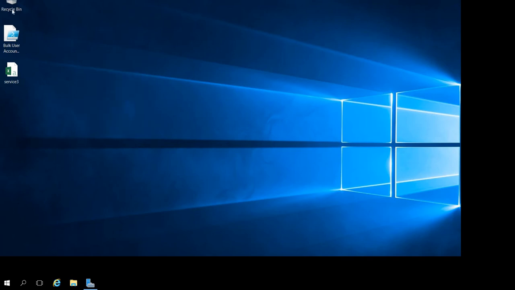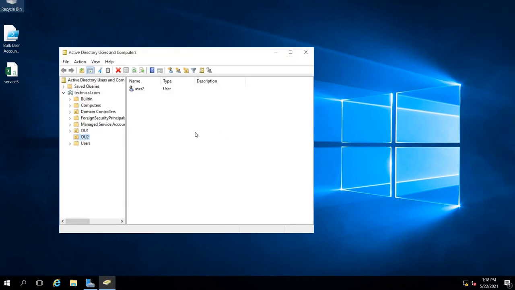So guys, before proceeding, I'll show my Active Directory servers and the setup. Give me a moment. You can see my Active Directory domain name is technical.com and some OUs are there, like users, OU1, OU2, and there are no more users in these OUs.